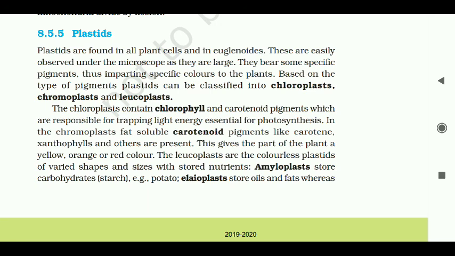The chloroplasts contain chlorophyll and carotenoid pigments, which are responsible for trapping light energy essential for photosynthesis. In the chromoplast, fat-soluble carotenoid pigments like carotenes, xanthophylls and others are present. This gives the part of the plant a yellow, orange or red color. The leucoplasts are the colorless plastids of varied shapes and sizes which store nutrients. Amyloplasts store carbohydrate starch, for example, potato. Elaioplasts store oils and fats,